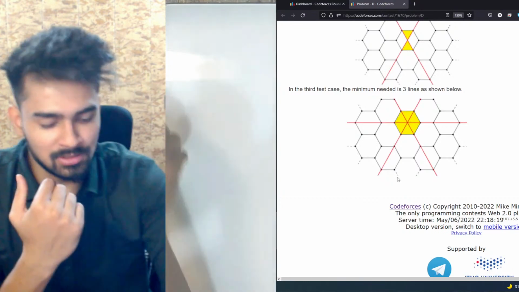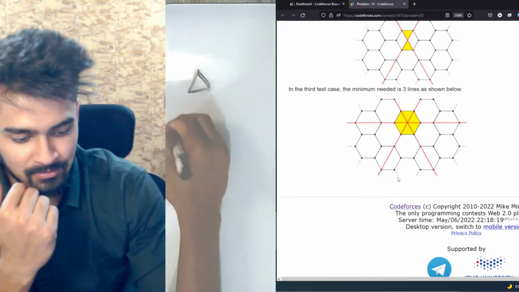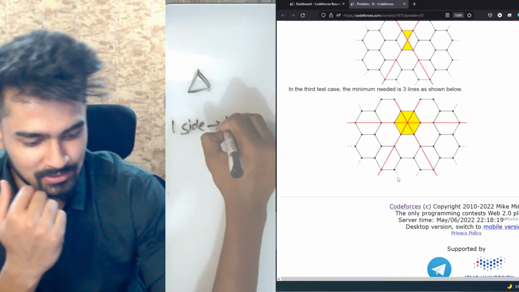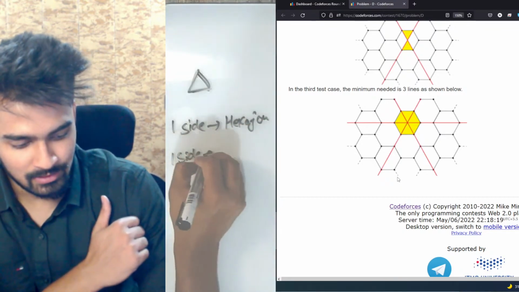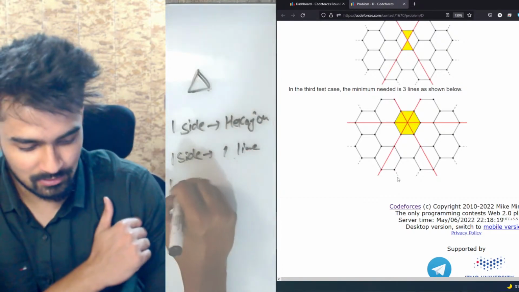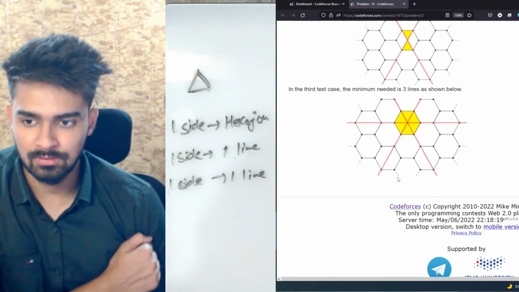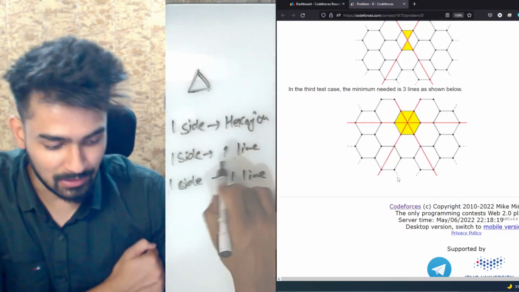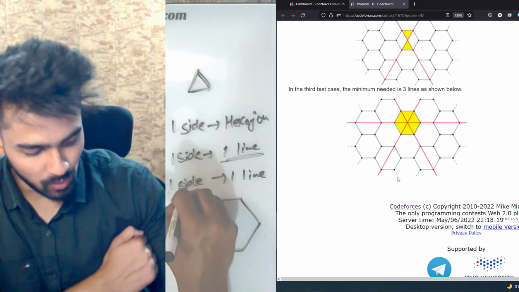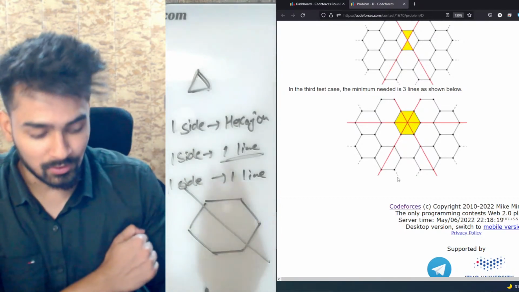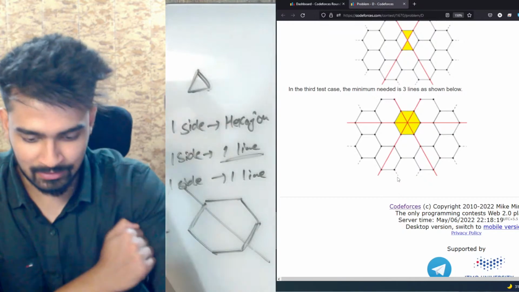Because whenever you are making a rectangle, one side is of the hexagon, one side is from one line, and the other side is also from one line. And whenever you have this hexagon and you made one line, it actually divided this hexagon into two parts. Now you can make use of this line and this line. When you make a line like this,